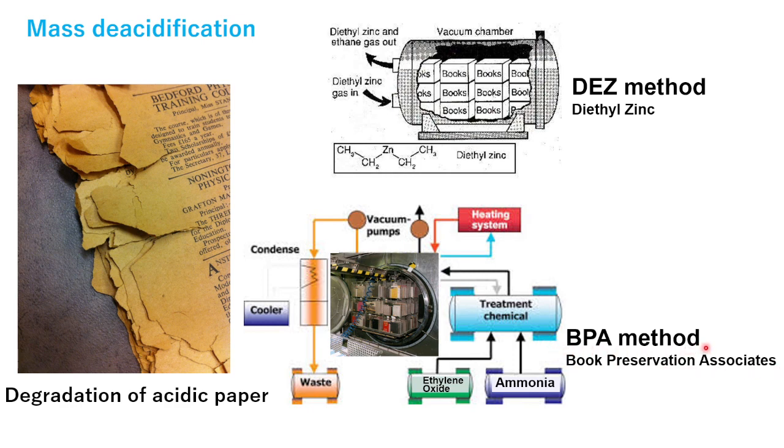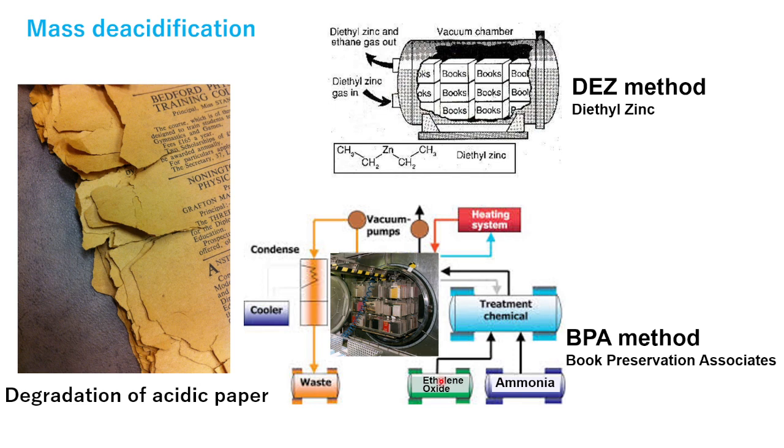The name of the developing company is used as the product name. First, put the book in the chamber and vacuum it, the same as in the DEZ method. Then, an ammonia solution is introduced as a solvent to adsorb ammonia gas onto the paper. After that, once the gas is discharged and vacuumed again, the excess ammonia gas is removed, and then ethylene oxide is introduced. It reacts with ammonia and moisture adsorbed in the fiber to produce ethanolamine, which neutralizes the acids, and the alkali component remains.